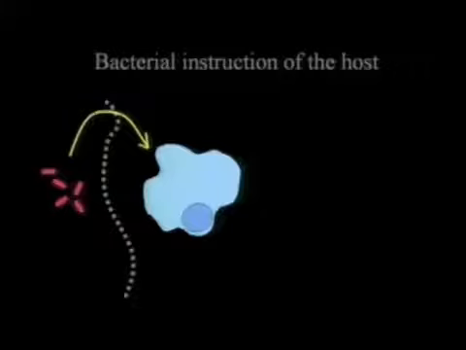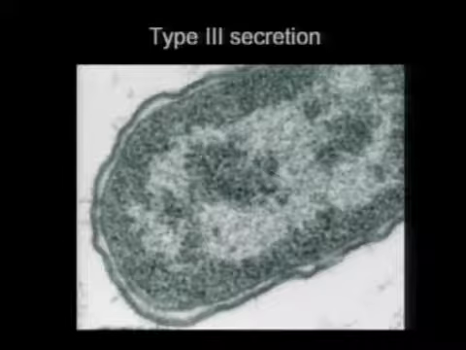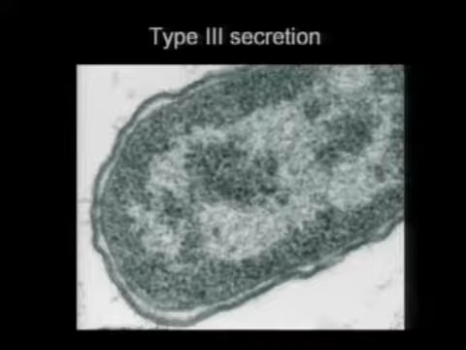So, as many of you know, bacteria cause disease not because they grow in the body, but because they have molecules that specifically evolved to alter the behavior of host cells. And we work with Shigella, which we inherited from Philippe, but the truth is this applies to several gram-negative bacteria like Shigella, Salmonella, Yersinia, and many others. And the way they instruct the host cell to do things is by injecting specific proteins.